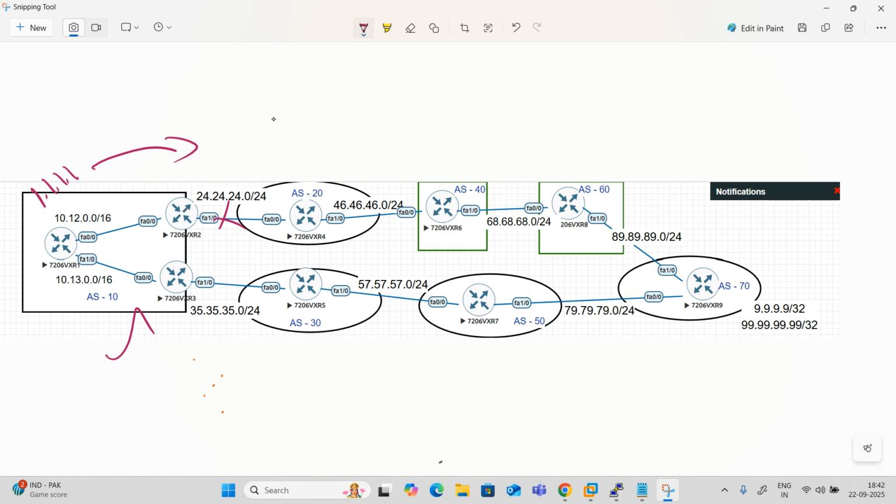Now we just started attributes and we are in the very first attribute called weight. And with this attribute we learned how to impact the outgoing